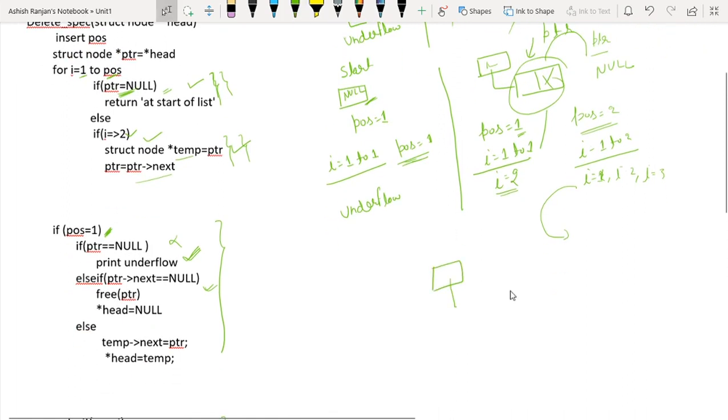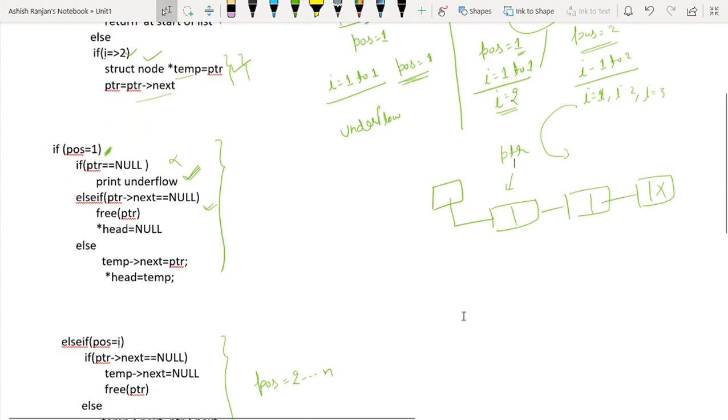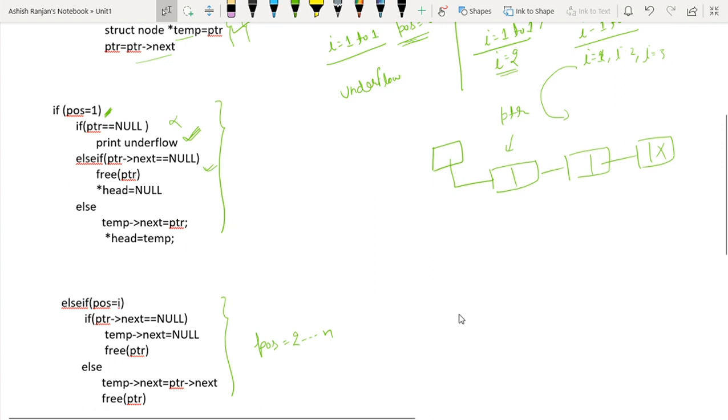Now again, let's suppose 3 instances. 3 nodes are there. PTR is initially pointing to this, and I want to delete in the first scenario. I want to delete at node position number 1. So what will happen?